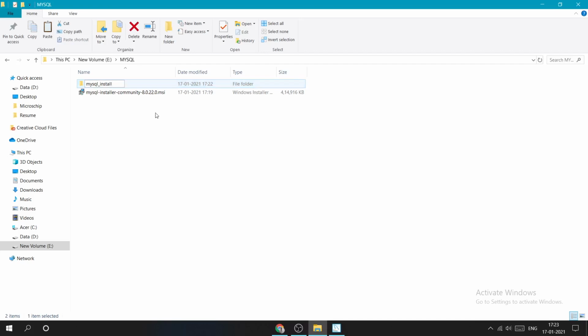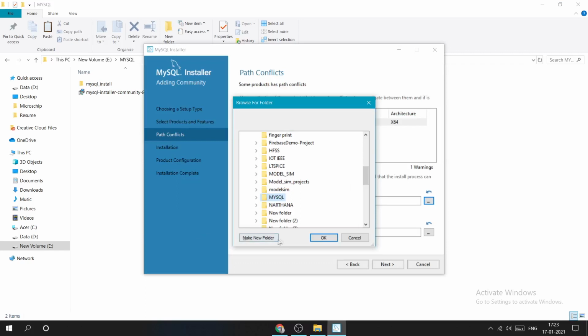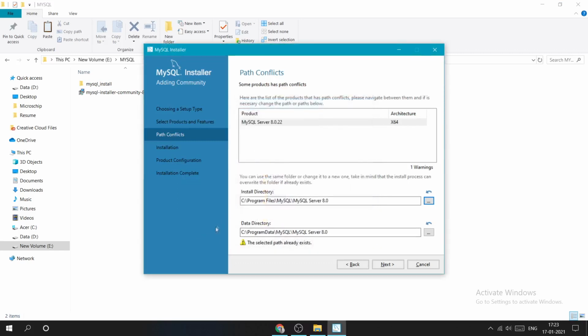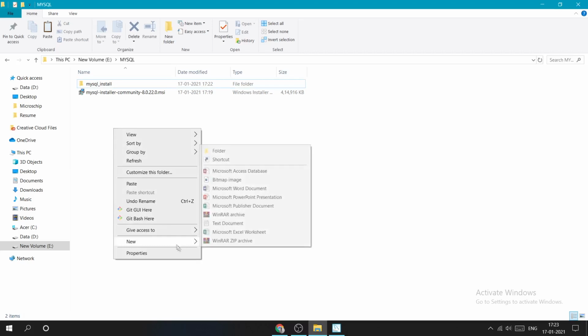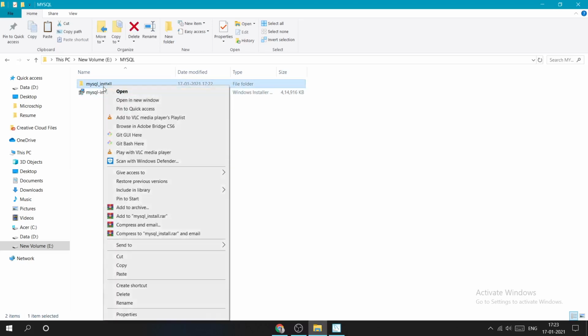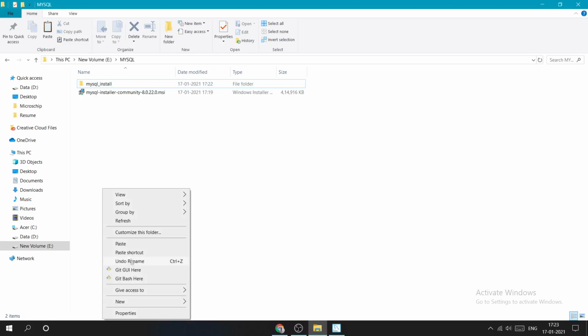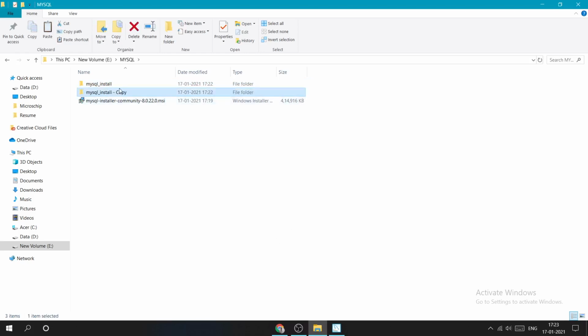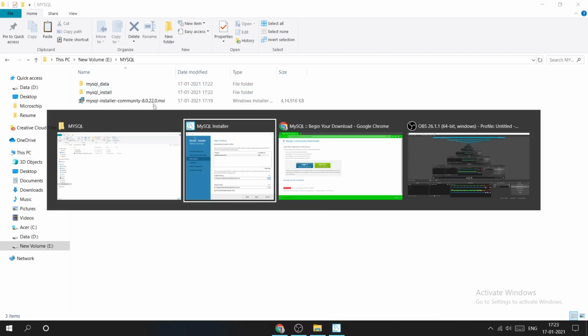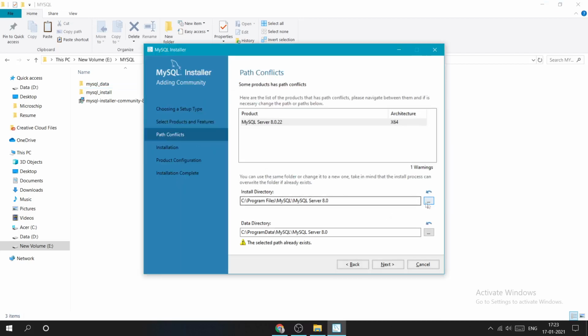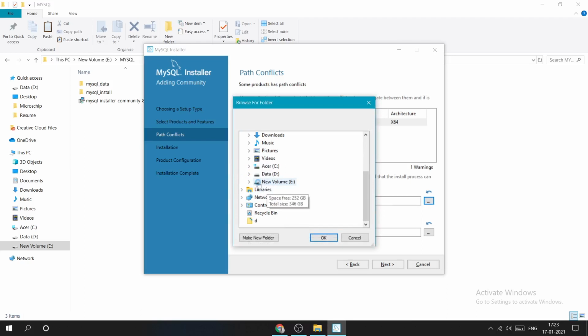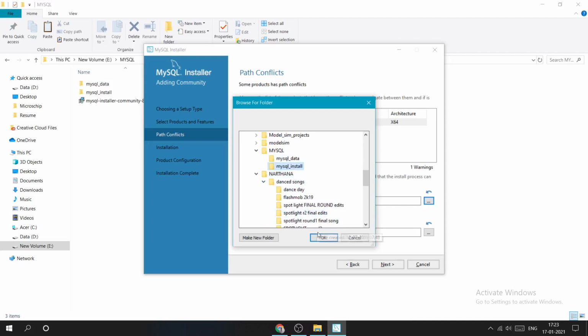MySQL install. So I'll have this one, and there is another one asking for the data directory, right? So I'll just have another folder, or I'll just copy paste it over here. So I'll create data for my convenience. I'm creating these two, so I'm just making a new folder, and here you can have MySQL. So it is in install, so press OK, and this I will place in the data.